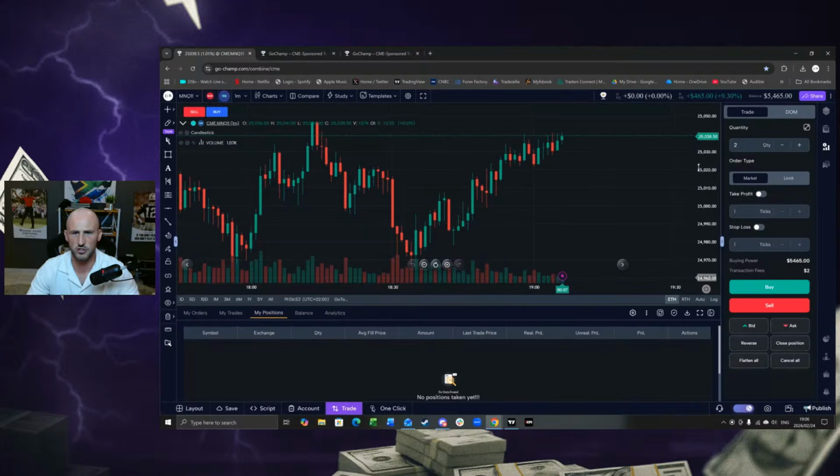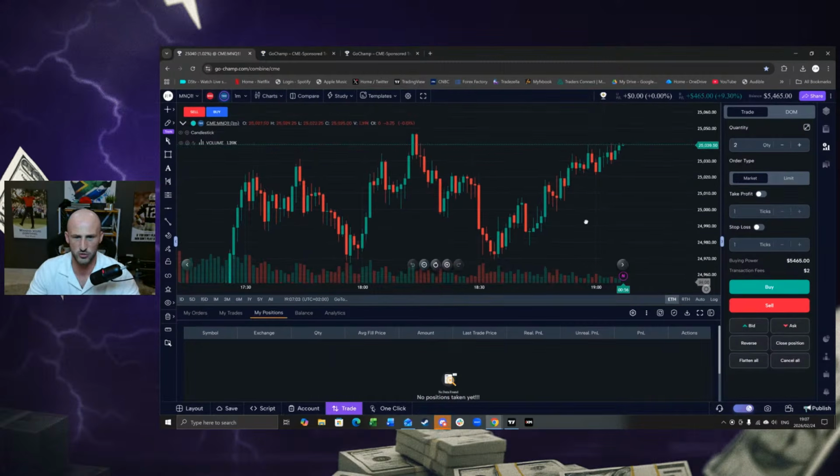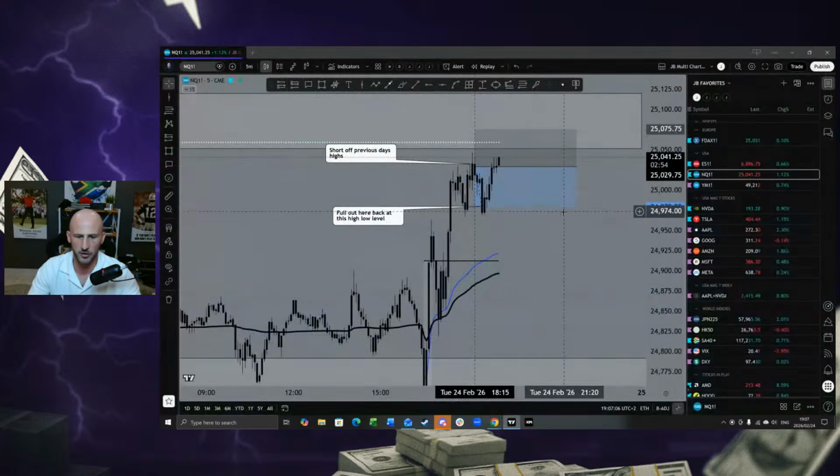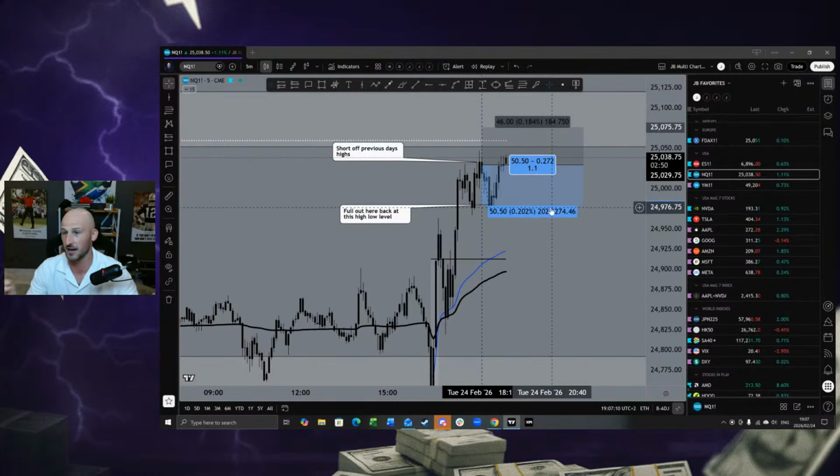I'm actually going to try a potential short here. You guys know I shorted the NASDAQ literally from this level up here at 25,030 back down towards about 24,980. So it was a nice little 50-point move on the NASDAQ. Although everything is pointing to us moving higher, we're trading above VWAP, I did like the short potential off this level.